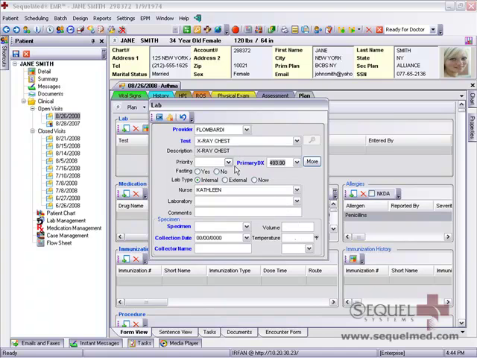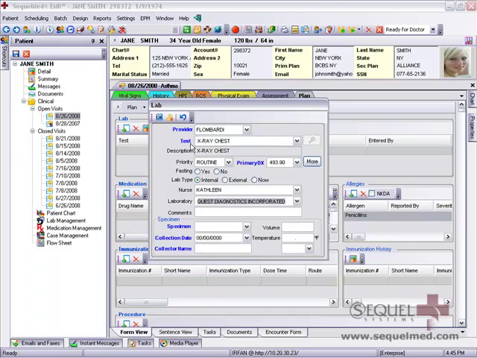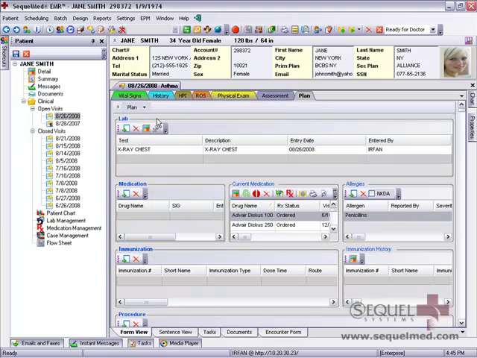diagnosis of asthma today. Priority is routine or urgent, and any other additional information that you need to fill in order to order this test. If it is going electronically, then you will select the laboratory that it will be going to electronically, for example, Quest Diagnostics. If it was a specimen-based result, then you would put in the specimen-related information. Click on OK, and that would order the test, which can then be printed or sent electronically to the lab